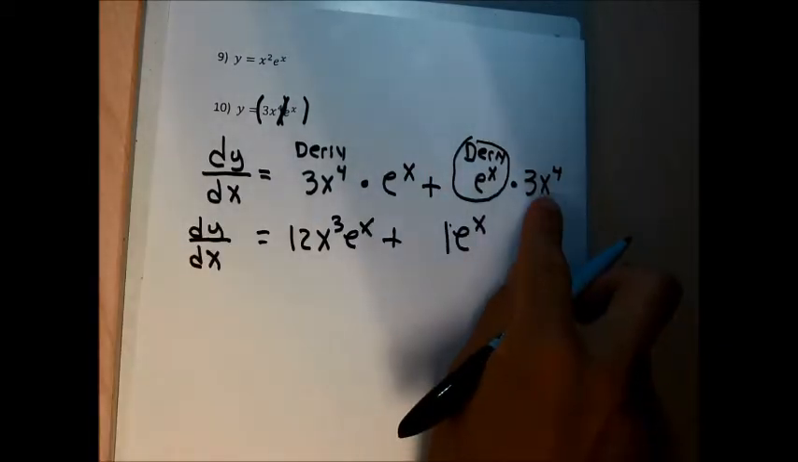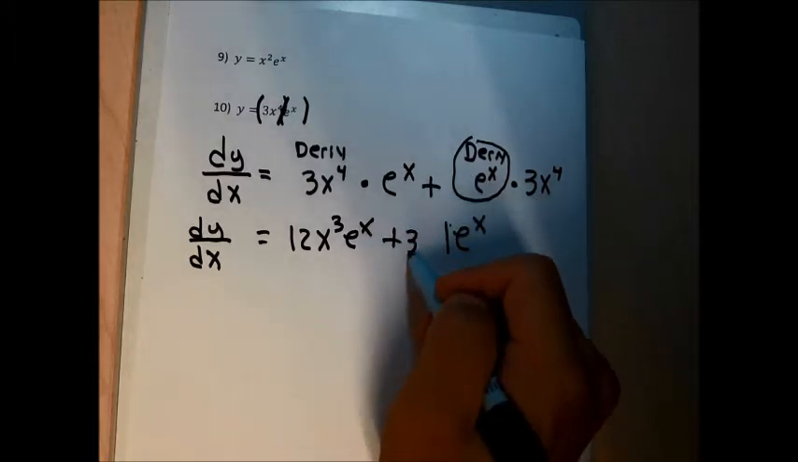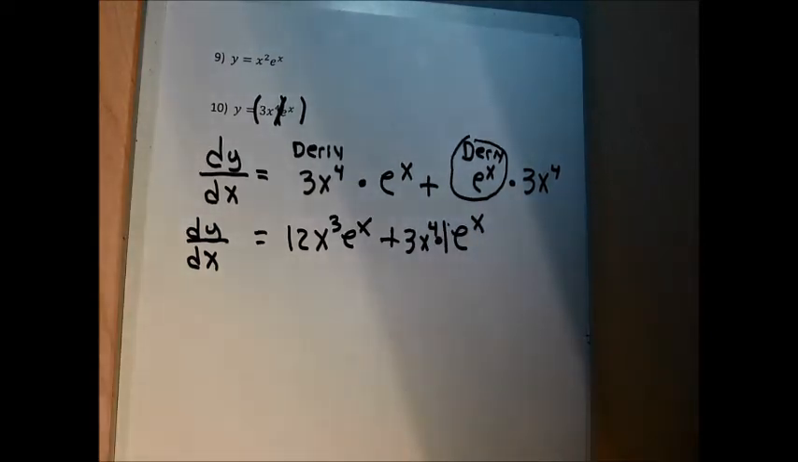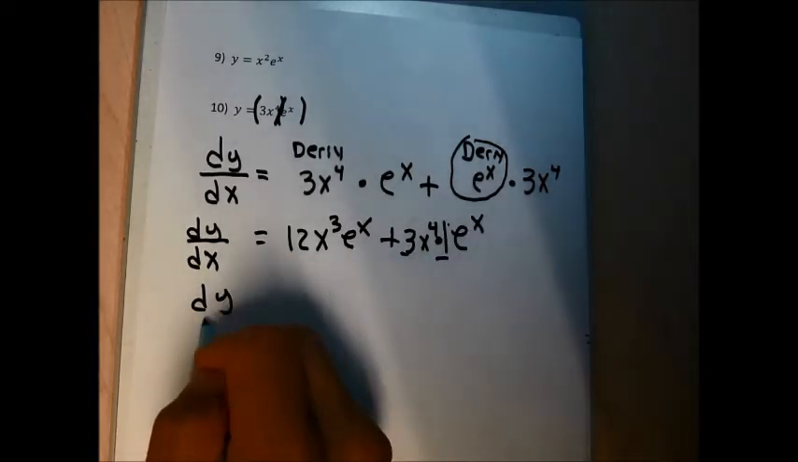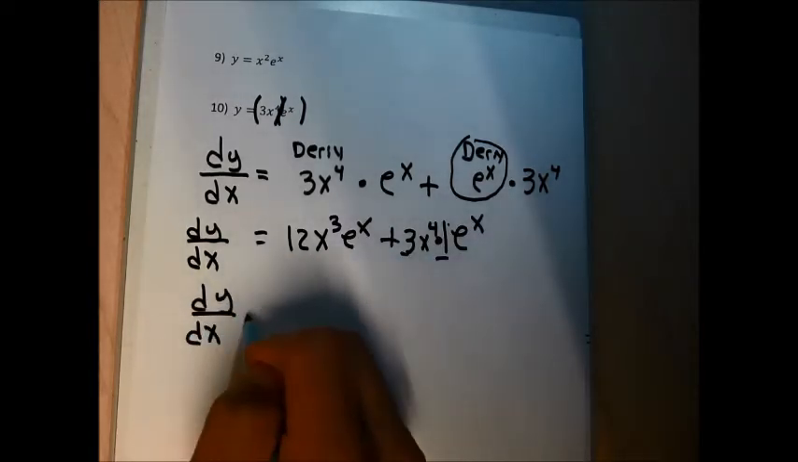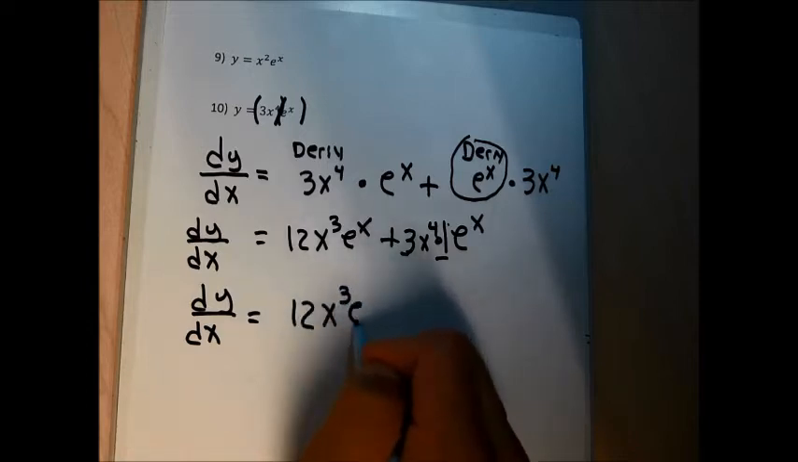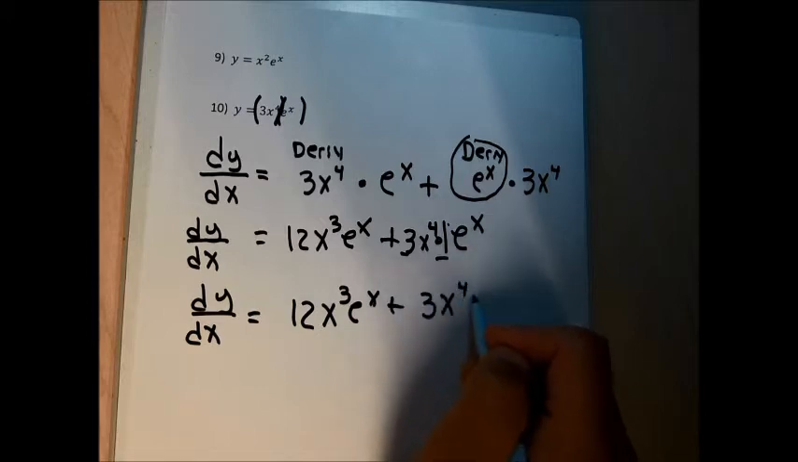And then this 3x to the 4th I can write after the e or before the e. It's almost nicer to write it before the e. So I'm going to get 3x to the 4th times 1e to the x. And let me just multiply that 3 times 1. I don't really need that times 1 there. So I get dy dx as 12x cubed e to the x plus 3x to the 4th e to the